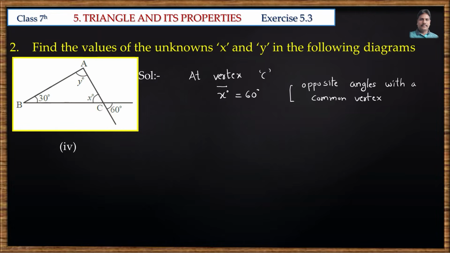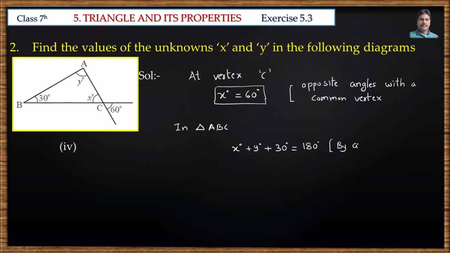So, we have directly got the x value. Now, we will find the y value by the angle sum property. In triangle ABC, x degrees plus y degrees plus 30 degrees is equal to 180 degrees